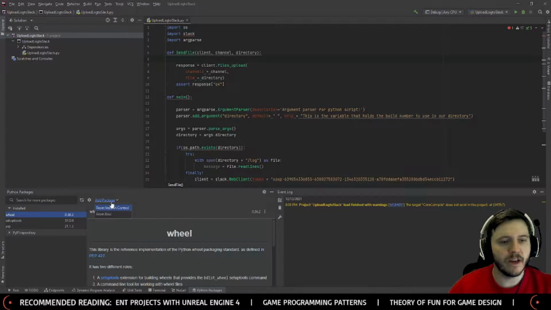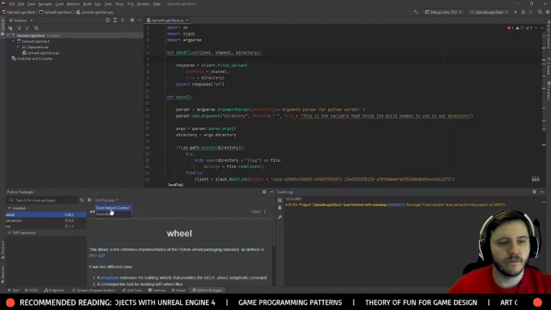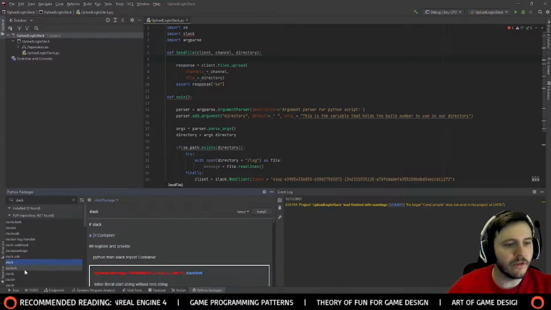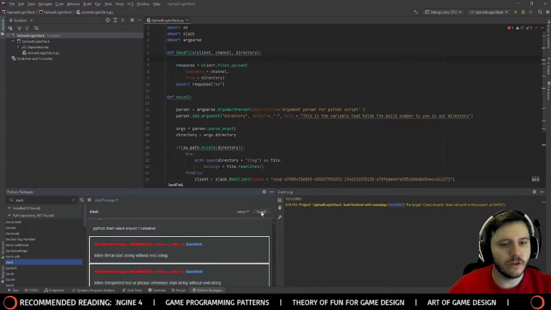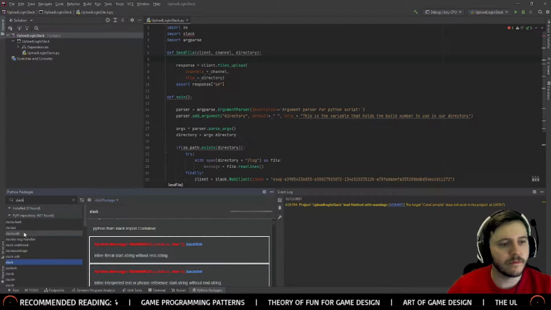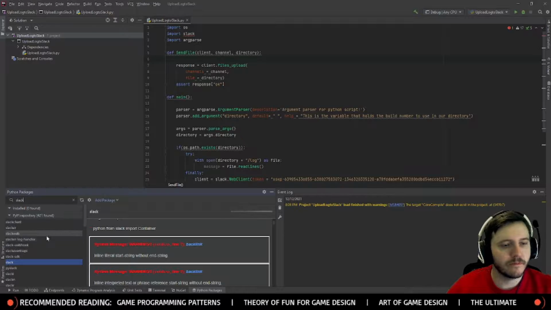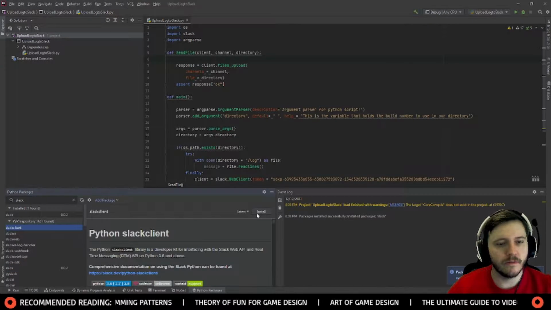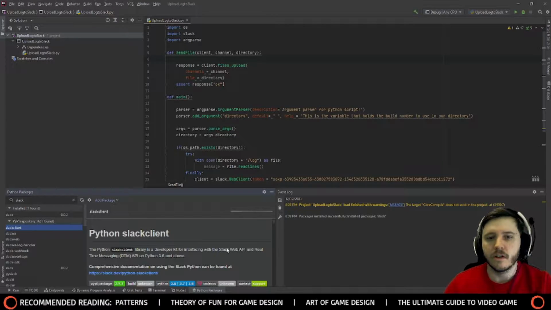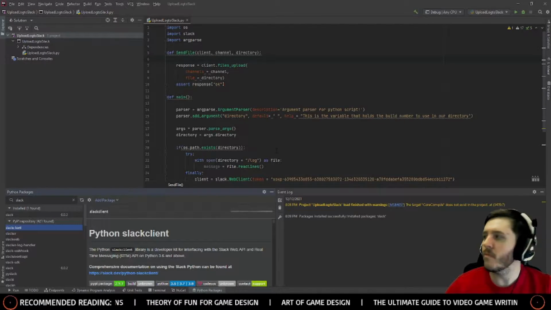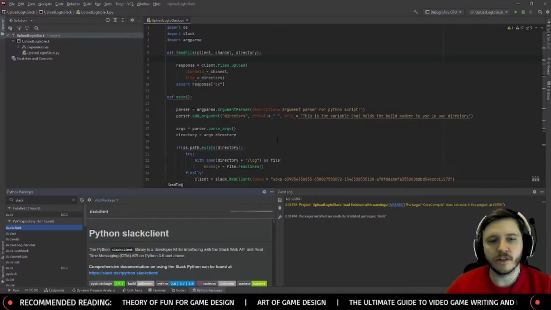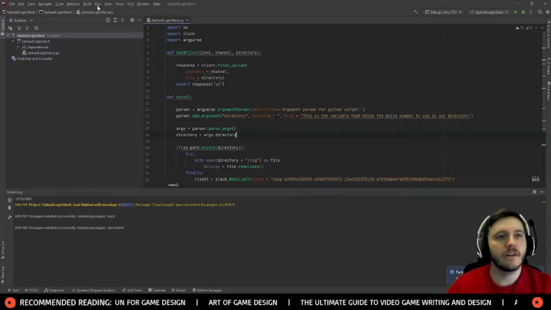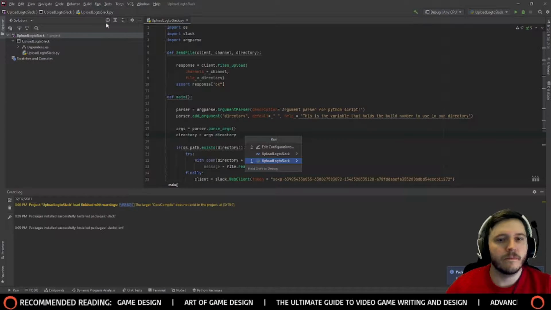So let's start, add package. Or can I just say Slack? I don't know if it's slack or slackclient, so we're just going to do both. All right, installed, and then slackclient, install. And hopefully we get what we want. All right, installed. Okay, so now if I run,